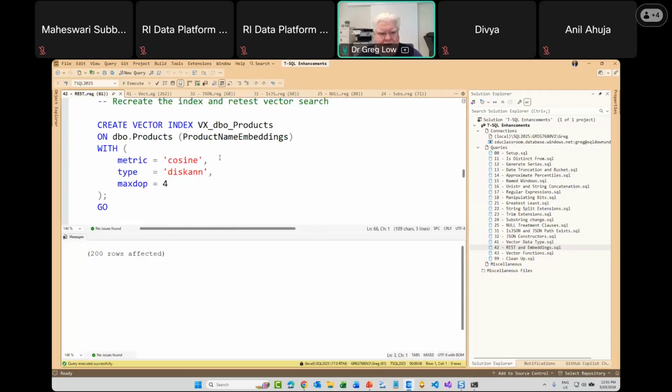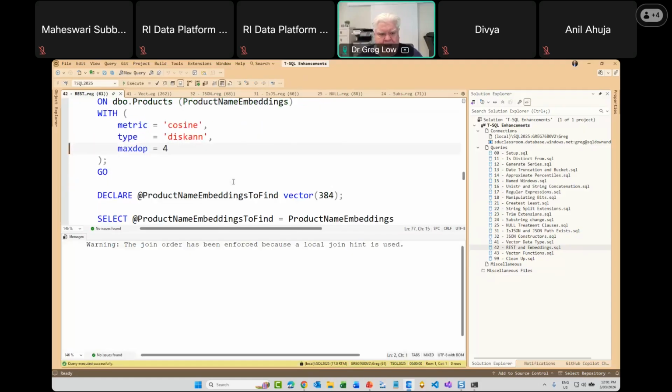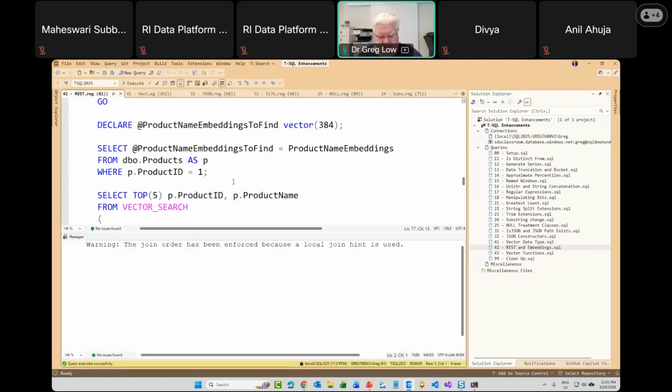And what I can then do is, if I want, I can create a vector index on products using a cosine metric. You can do Euclidean or dot, and this is just nearest neighbor stuff, and limit it to max 4 while creating the index. Otherwise, it's heavy. Once I do that, I can then do